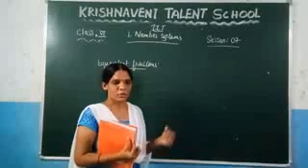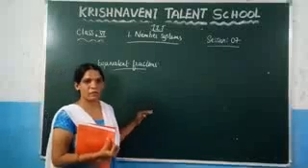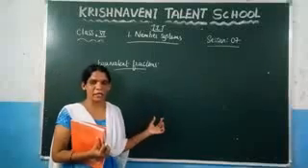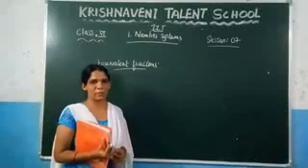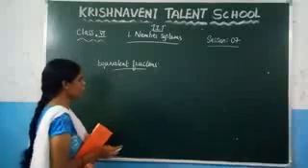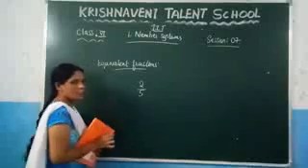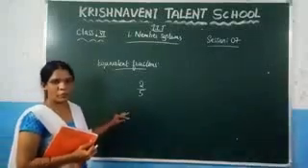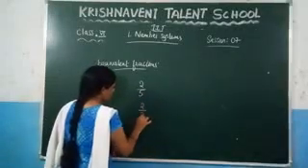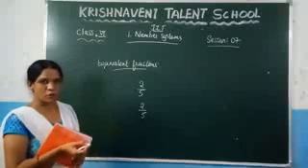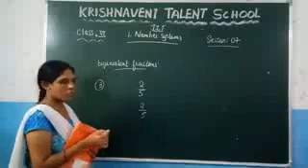So how do you write? If you are given any fraction, and you want to find the equivalent fraction of the given fraction, you need to multiply and divide with the same number, so that you will get the equivalent fractions of the given number. Let us see one example. Suppose you want to find the equivalent fractions of 2 by 5. So here what do we need to do? How many equivalent fractions do you want to write? Let us suppose you want to write 3 equivalent fractions of 2 by 5.